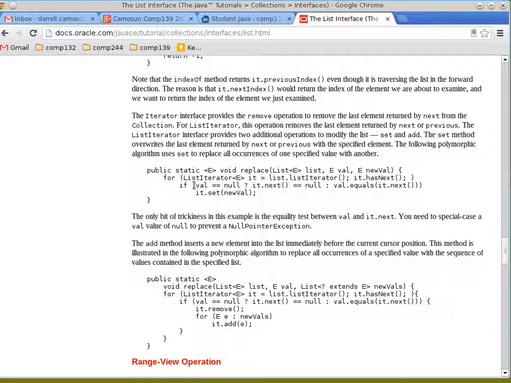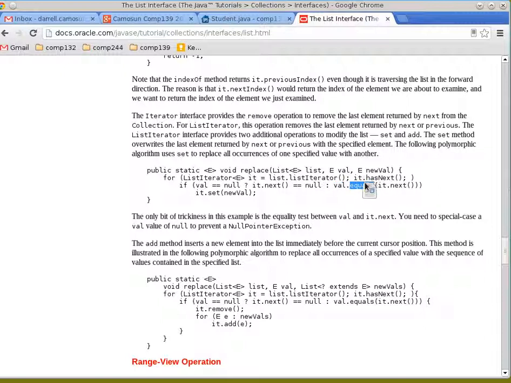Doesn't want to add a null value. So if lists have nulls in them, then you can't just call something dot equals something. If you had a student in the list, then it would be student equals whoever the next student is on the list, that's fine. If there were all students on the list, that would work. But if you allow null values in the list, you can't guarantee that you actually have something that will allow